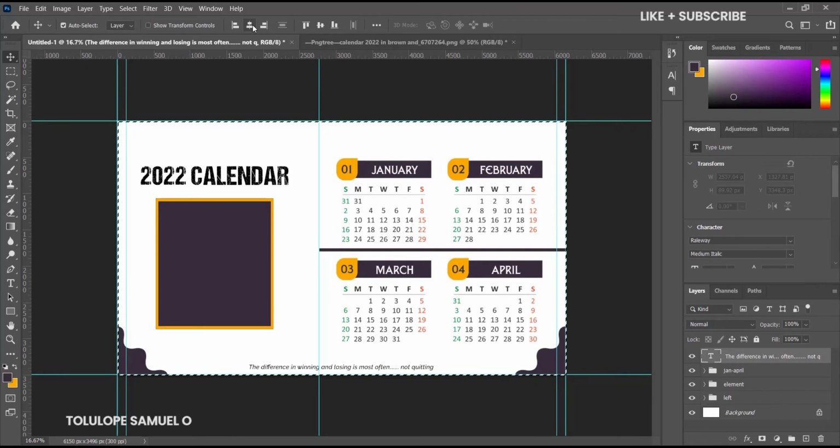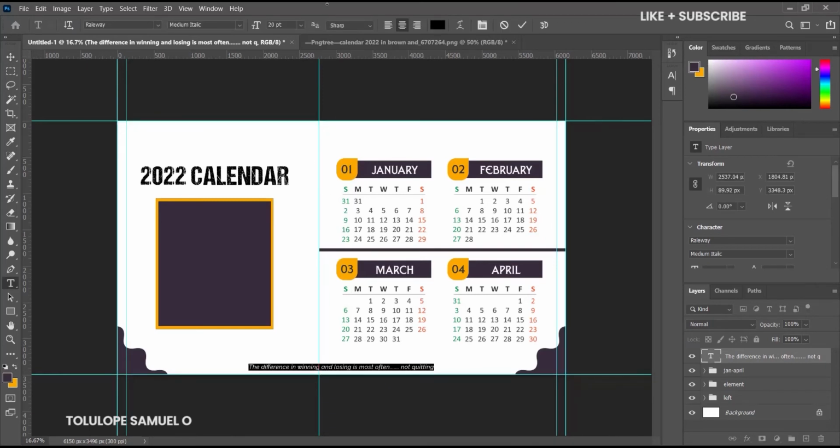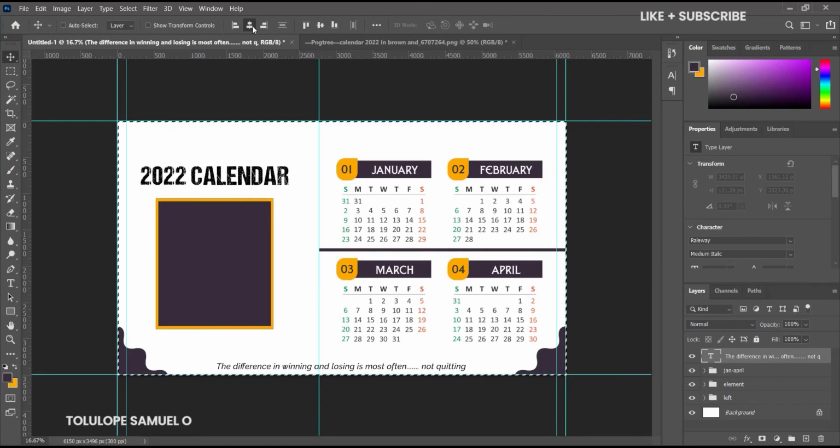So after pressing Ctrl D, I'll pick my text tool again to enlarge my text. So let's work with 30. Yes, so yeah, I think I can work with 30 or 25, 27 probably. Yes, so I'm okay with 27. Click OK, press Ctrl A on my keyboard, align it, press Ctrl D, and yes, we are almost done.